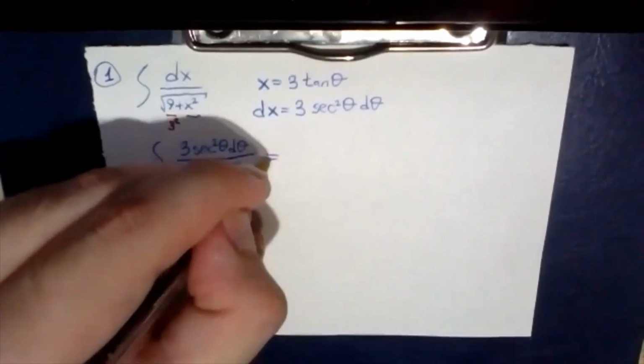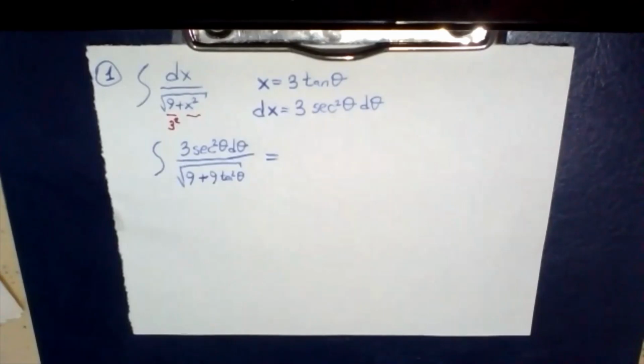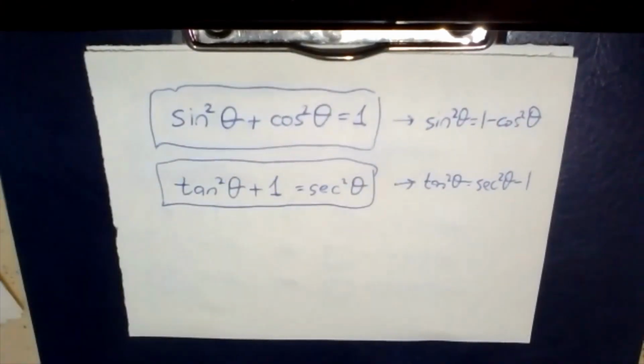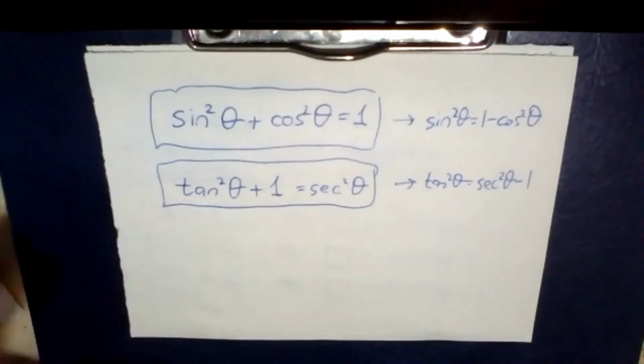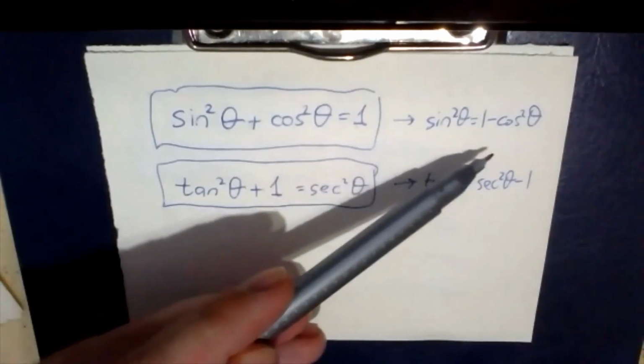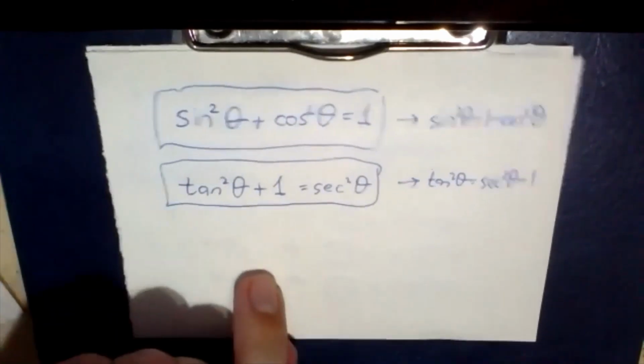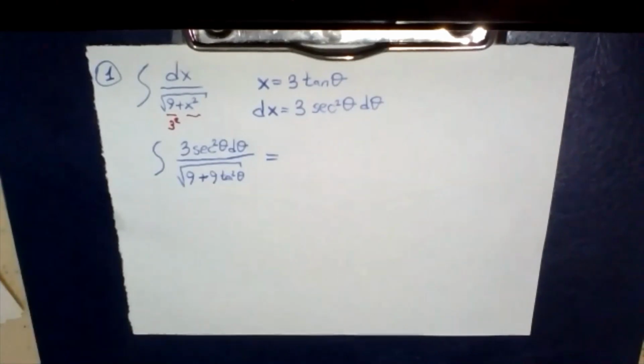And what is the next step? In the next step, of course, we should use some trigonometric identities. What are they? In trigonometric substitution questions, we often use only two of these identities. They are: sine squared theta plus cosine squared theta adds up to 1, and tangent squared theta plus 1 is equal to secant squared theta. By using these two identities, we can also obtain other identities by solving one of them from the other. So from here,